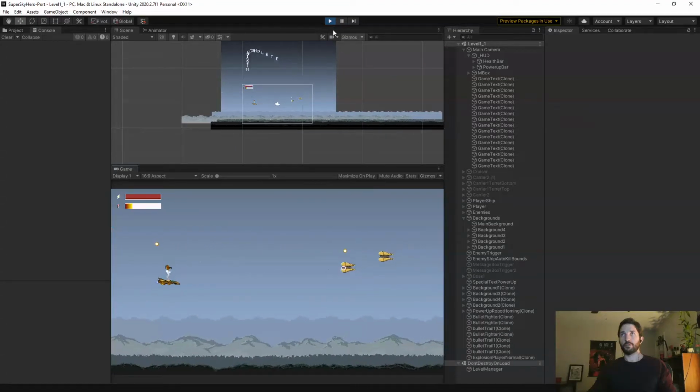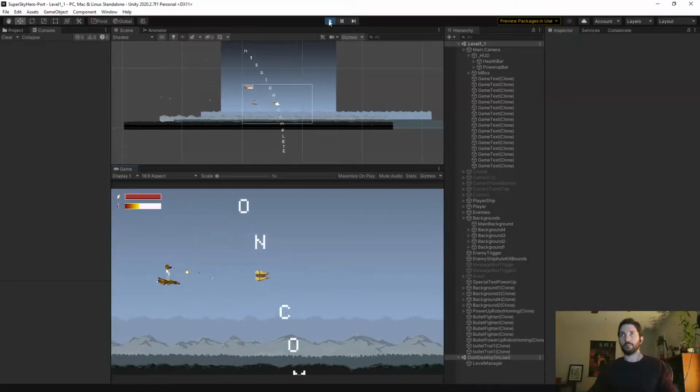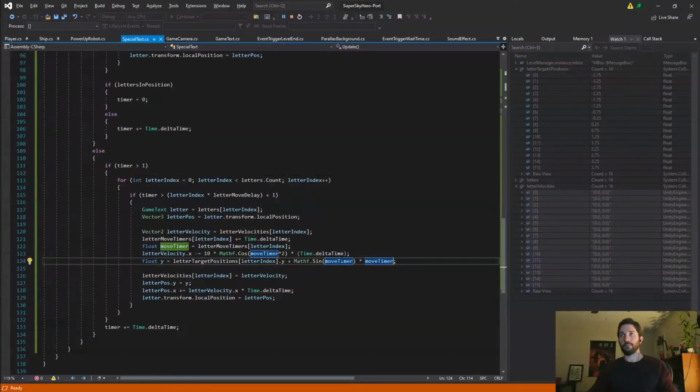But it is getting noticeably larger. So it's actually not too bad. Just cut that down. Then the X